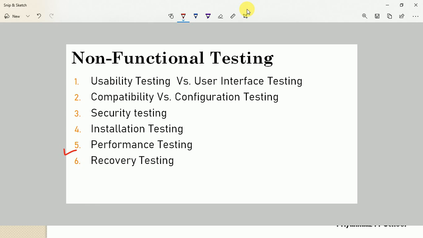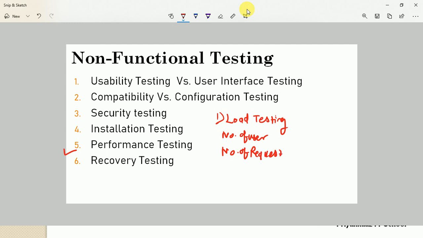Okay, so there are a total of 5 different types of performance testing available. We can do performance testing in these 5 types. The first type is load testing. What is load testing? Yes, interesting question. Very first, what is meant by load? Load is all about the number of users, or we can say the number of requests. Now, what is load testing?